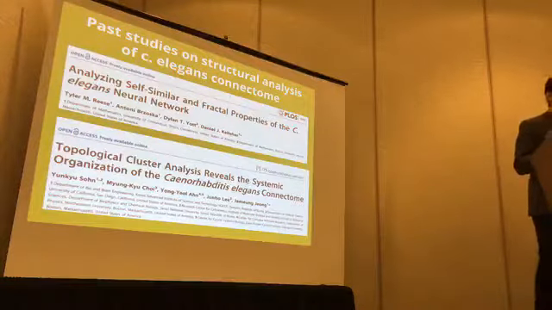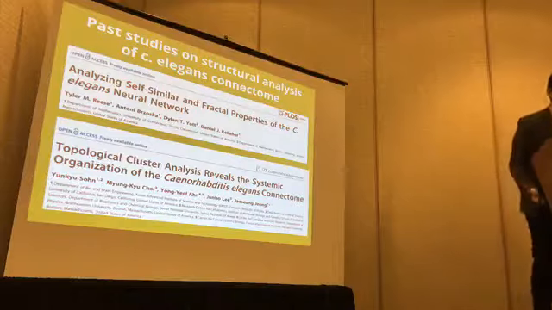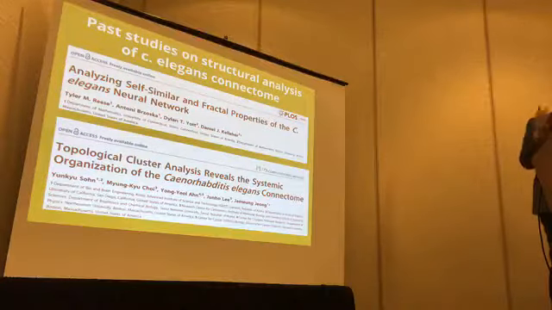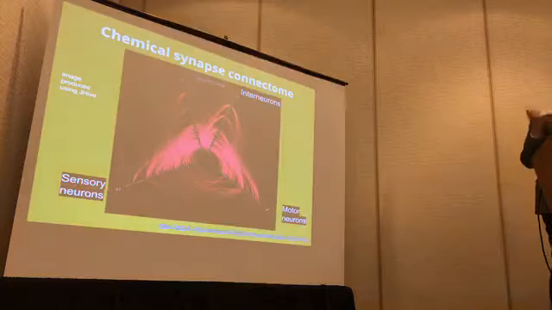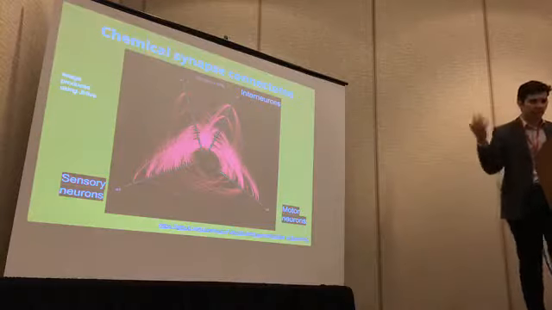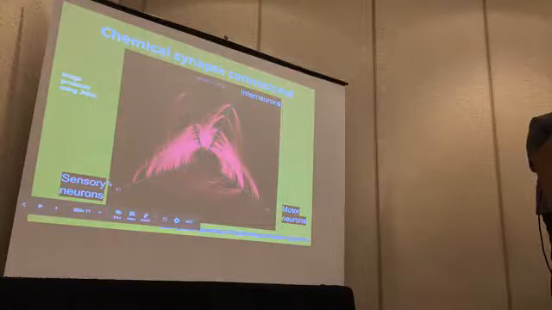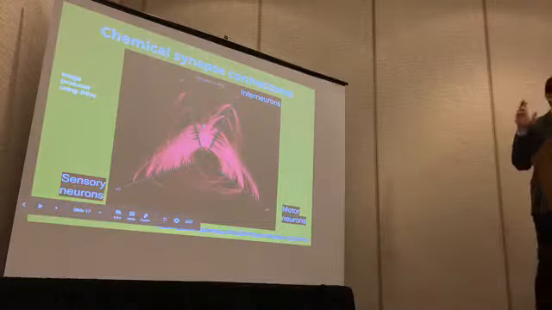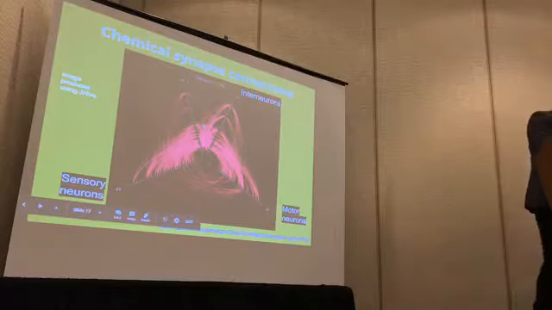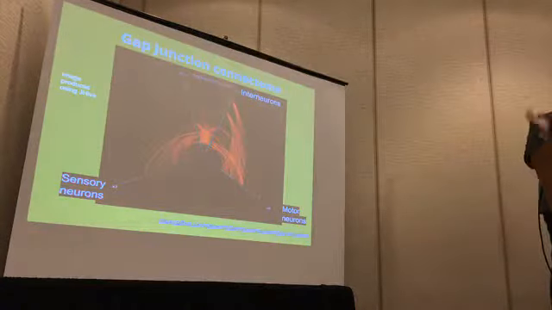So there have been a lot of explorations of just the graph structure of the C. elegans network. Papers like this, which analyzed this graph node structure. So that's been available for quite a while. So we decided to play around with some open source tools that let us generate these hive plots, this graphing approach. And in this case, we put sensory neurons on one axis, motor neurons on another axis, and then we split the interneuron axis this way, so you can see not only the relationship of sensory neurons to interneurons and interneurons to motor neurons, but also interneurons to interneurons because they connect with each other. And you can plot the chemical synapses, and you can plot the gap junctions, which are different kinds of connections